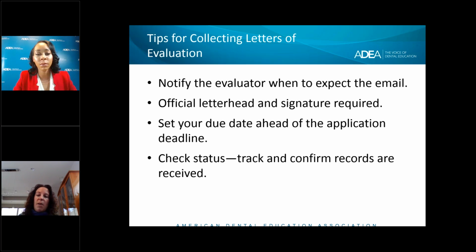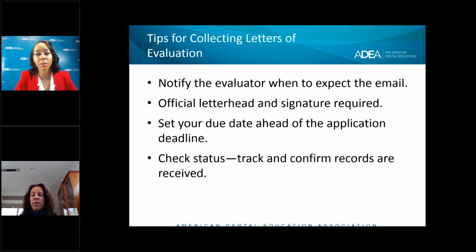One of these things is official letterhead and a signature. So a lot of times schools will not accept letters that don't have letterhead. Different schools have different information about what they mean about letterhead, but oftentimes that's a logo of wherever you knew the evaluator from or where they are currently. And it always includes contact information such as phone number, email, and physical address. And then you also want to make sure that if the school requires a signature on the letter, that the recommender knows that that is the case.